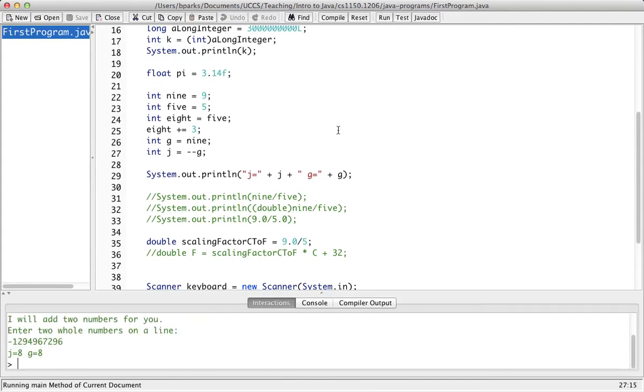Actually, that might be a compile error. I don't remember. I've never done that. You don't want to do that. So now with this formulation, G is decremented, and then it's evaluated. So G gets turned into 8, and then the value 8 is assigned